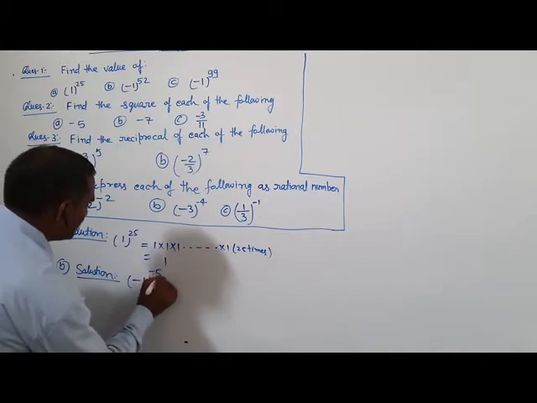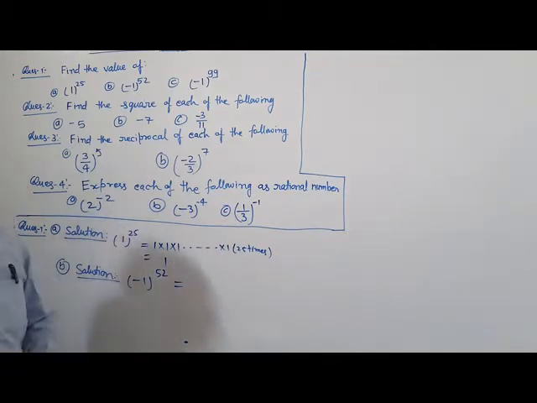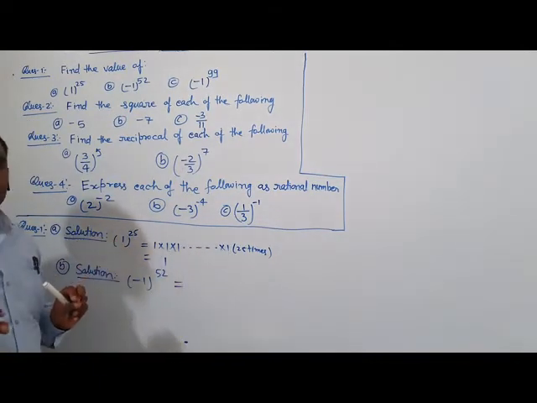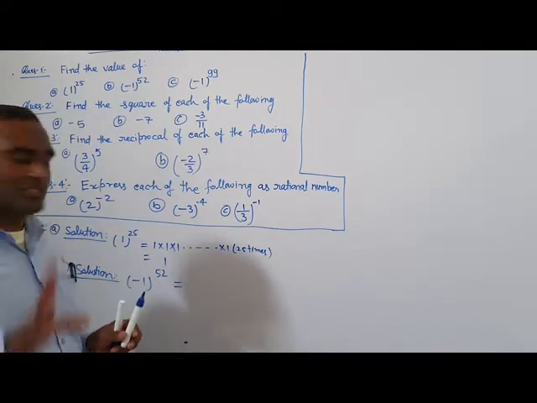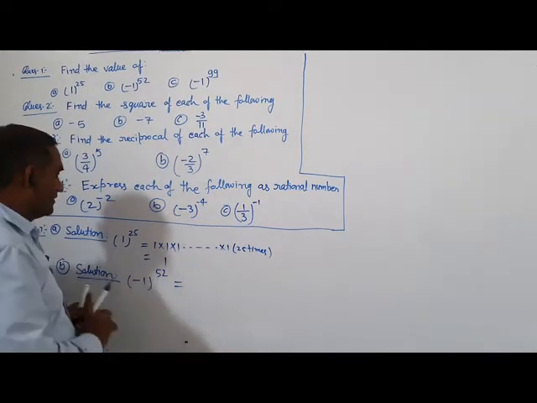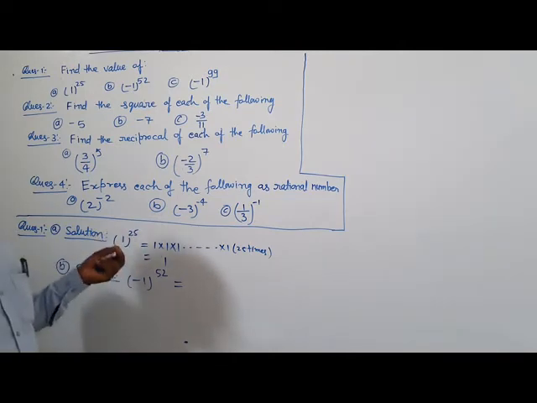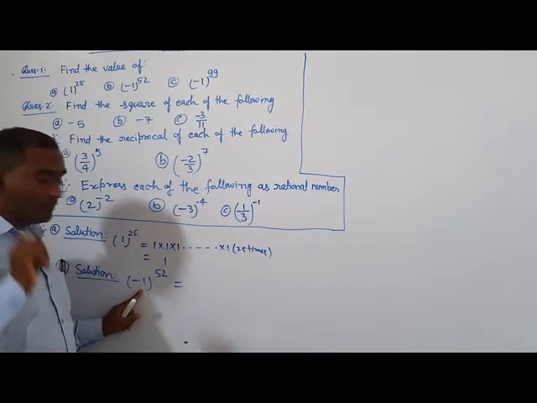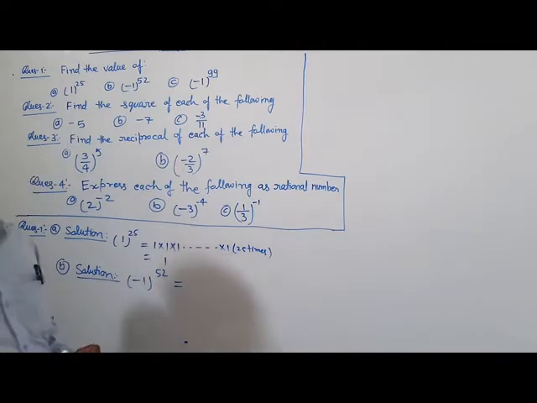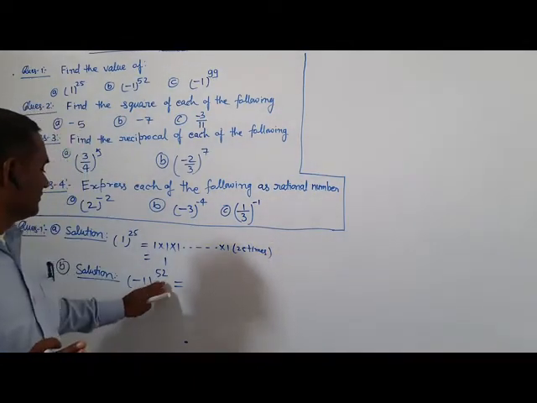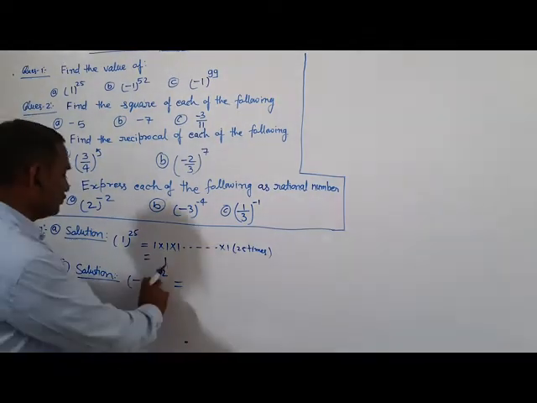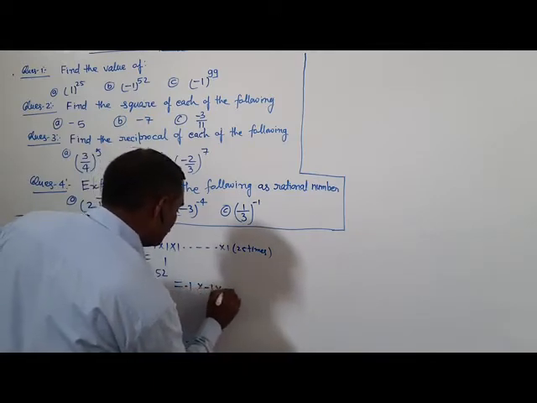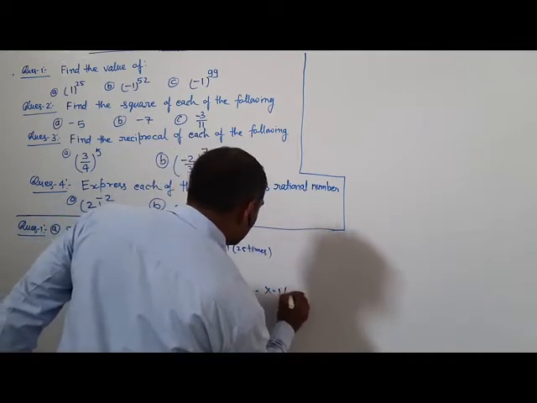So B: -1 raised to the power 52. When the base is negative and power is even, when base is positive, then power is either negative or positive, the value of that will be 1. अगर बेस जो है 1 है, पावर चाहे नेगेटिव हो चाहे पॉजिटिव हो, उसकी वैल्यू 1 होती है. यदि बेस इज नेगेटिव, दैट इज 1. यदि बेस 1 हो और वो नेगेटिव हो तो हम पावर देते हैं. If the power of -1 is even number, here 52 is even number, so the -1 into -1 into -1 into -1, 52 times.